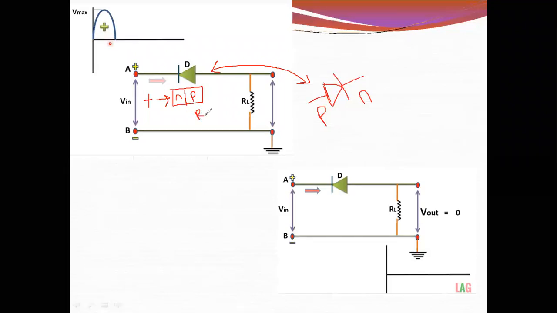If it is reverse bias, then it acts as an open switch. If the positive terminal is connected to the N type, the diode will become reverse bias, and it will act as an open circuit or open switch. When it is an open switch, the circuit is like this. In the open circuit, what about the current?